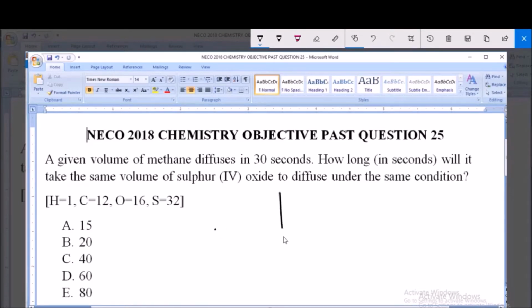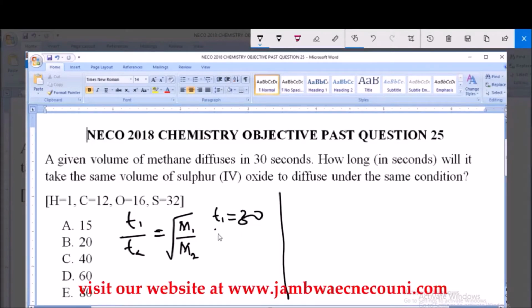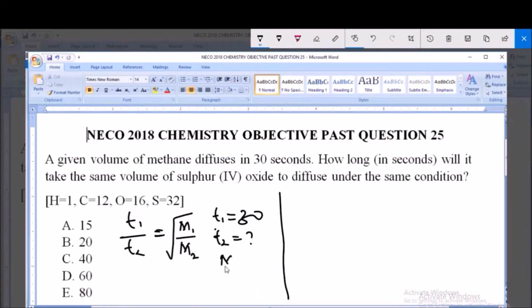Now, from Graham's law of diffusion, we have that T1 all over T2 is equal to the square root of M1 all over M2. This is from Graham's law of diffusion. Now, T1 is the time taken for the methane gas to diffuse, and that is 30 seconds. Then T2 is what we are looking for, that is the time taken for the sulfur IV oxide to diffuse. Now, M1 will be the molar mass of the methane gas, and like you know, methane is